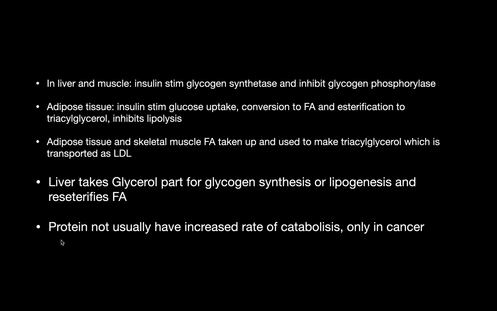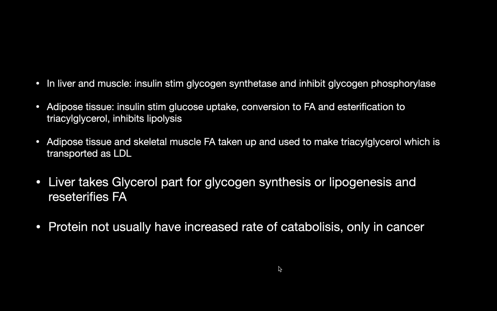Proteins are in equilibrium in the body. Unless you are bulking up, then it will be an increased rate of anabolism. But normally, people do not have an increased rate of catabolism because we don't want our muscles to atrophy. This occurs only in starvation or in cancer. So when you see a long-term cancer patient, their muscles are atrophied, their skin is very frail, and it